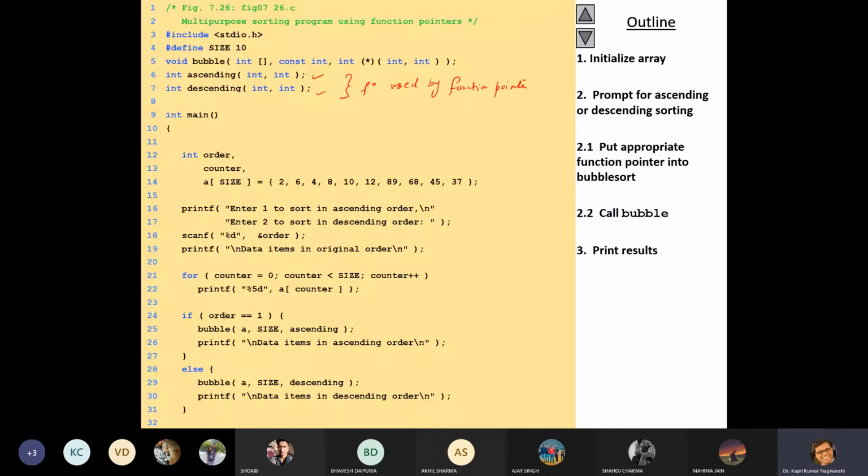And once again, I am, so initially we need a function which will point.